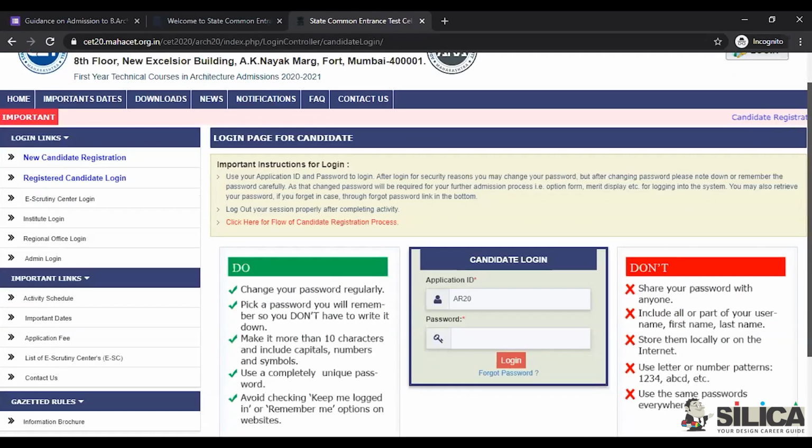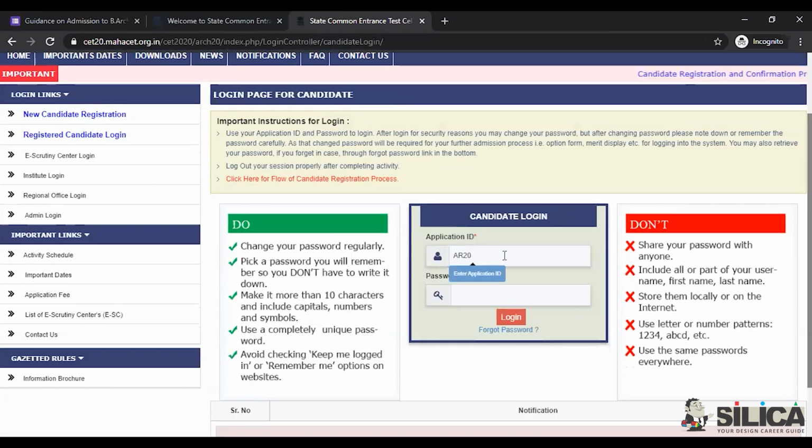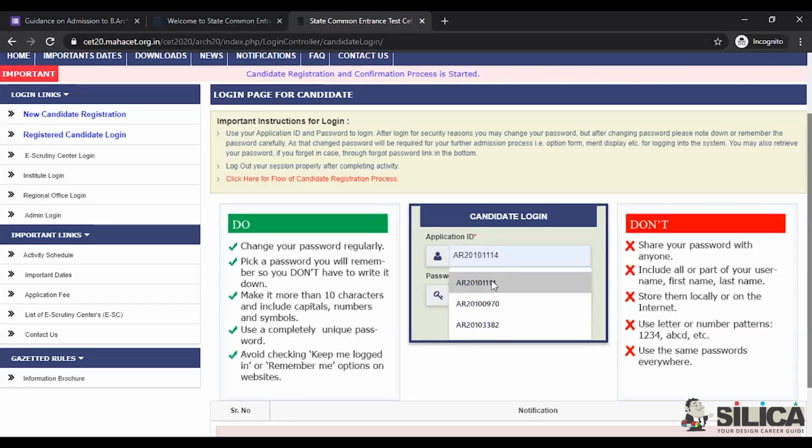As I mentioned earlier, you will get an SMS which has the application ID starting with AR20 and the password which you have chosen. Let me show what is there.